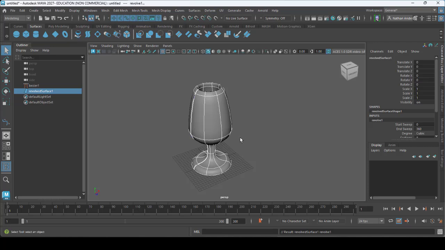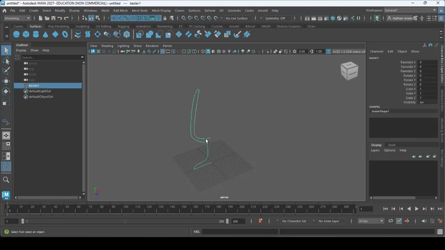And by default, the revolve is going to make a surface, which is also known as a NURB. So NURBS stands for non-uniform rational B-splines. This is a mathematic system for 3D modeling. Think of it as a three-dimensional vector graphic. It is mathematically perfect, but who cares? It's not generally usable in most 3D functions.